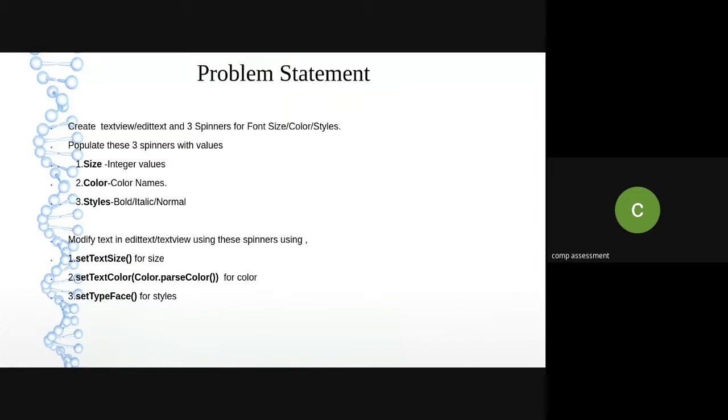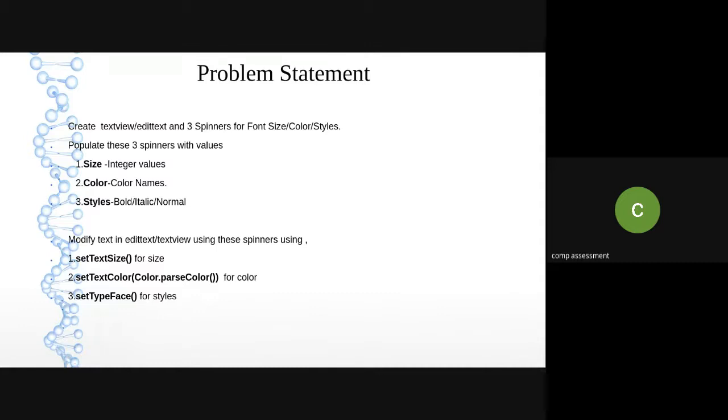Okay. Now, after selecting each value, I want to give the effect to the text view. In order to change the size of the text, I can use set text size. So set text size is used to change the size of the text.